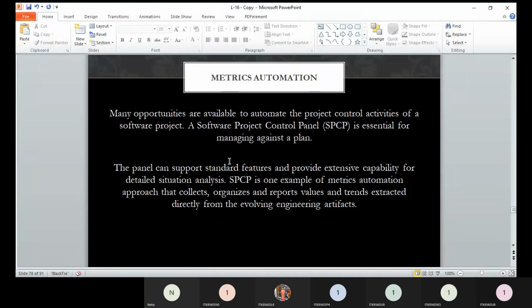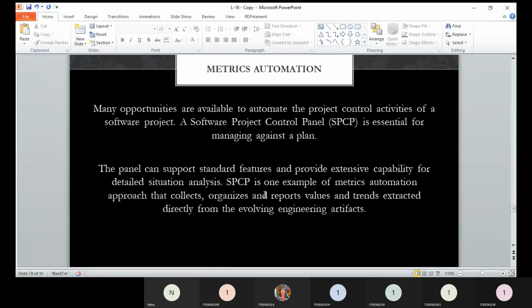That is called SPCP, the Software Project Control Panel. This panel can support standard features and provide extensive capability for detailed situation analysis. It is one example of metric automation, which collects, organizes, and reports values and trends extracted directly from the evolving engineering artifacts.